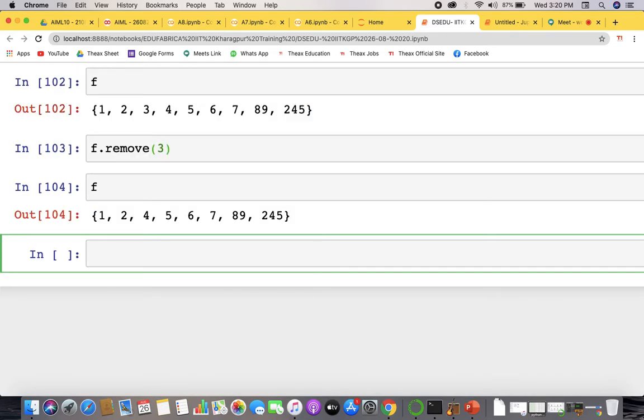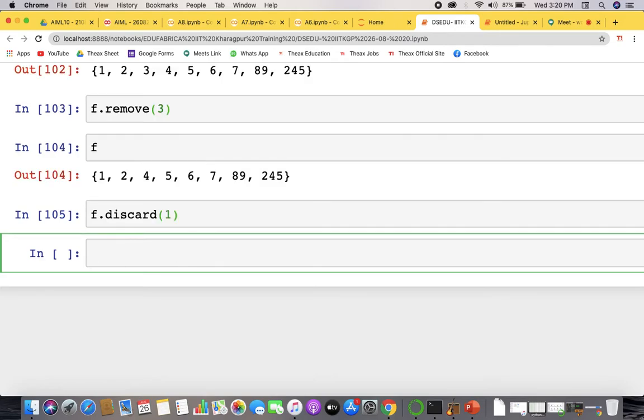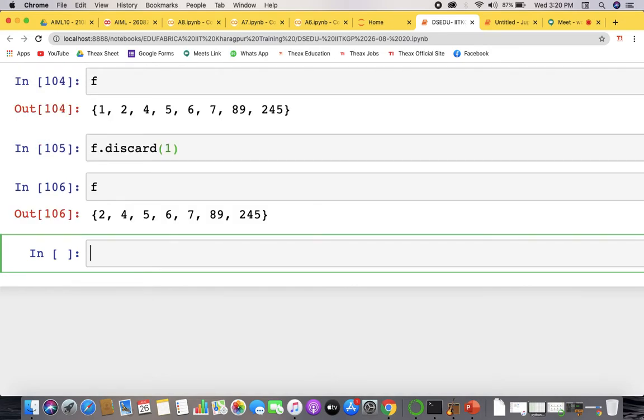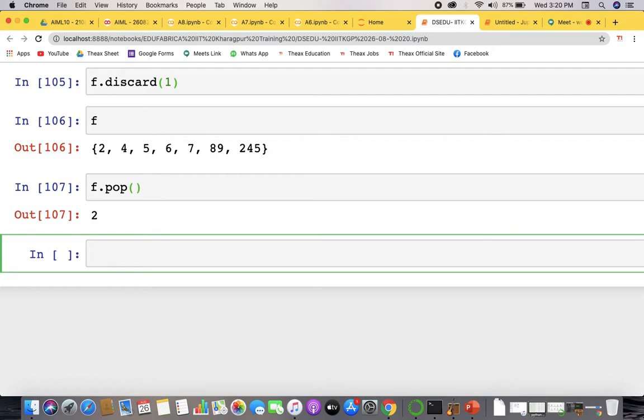And if you remove it with the discard method, the element present inside the set will be removed. And with pop, the last element, or in the case of a set, a random element, will be removed.